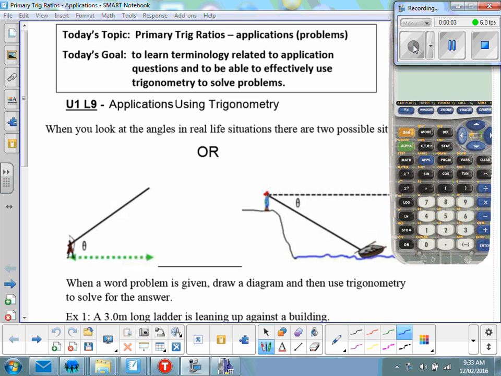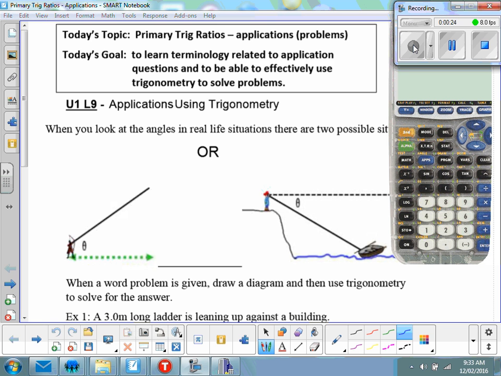Today we're taking a look at applications of our primary trig ratios. So when you hear the word applications in mathematics, we're simply talking about word problems. So today's goal is to learn terminology related to application questions and to be able to effectively use trigonometry to